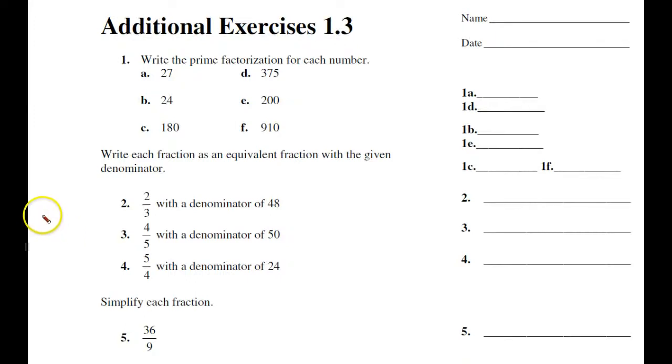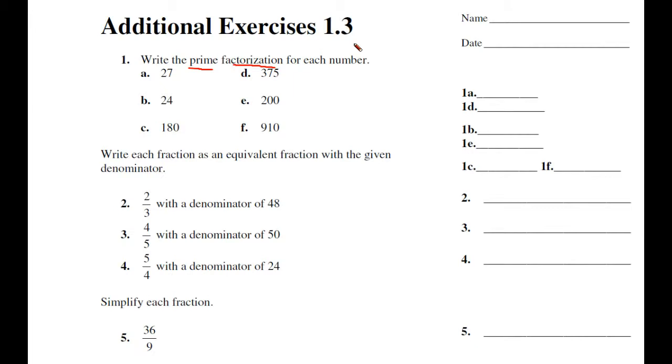Going on now to topic 1.3, they're asking us to write the prime factorization for each of these numbers. Now, in our lesson, we talked about what prime factors were, where the only factors were 1 and the number